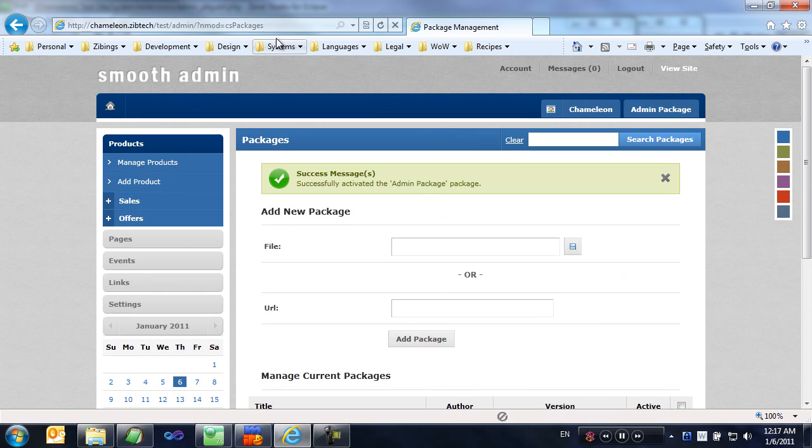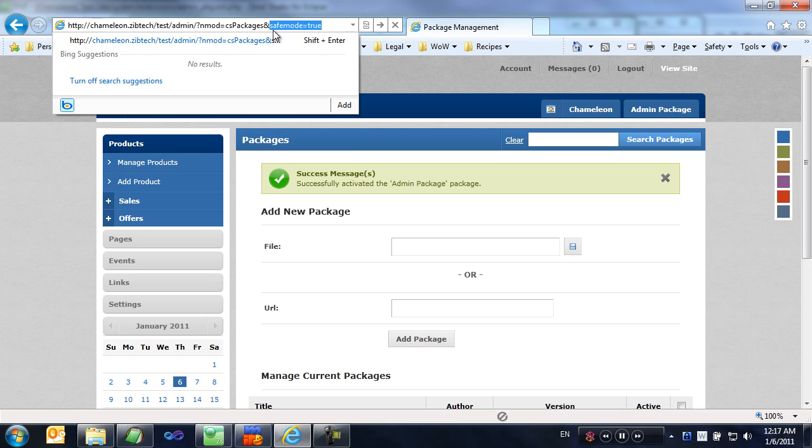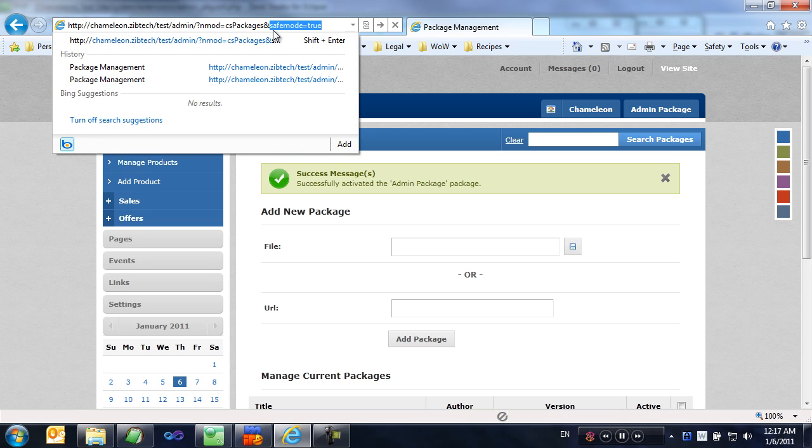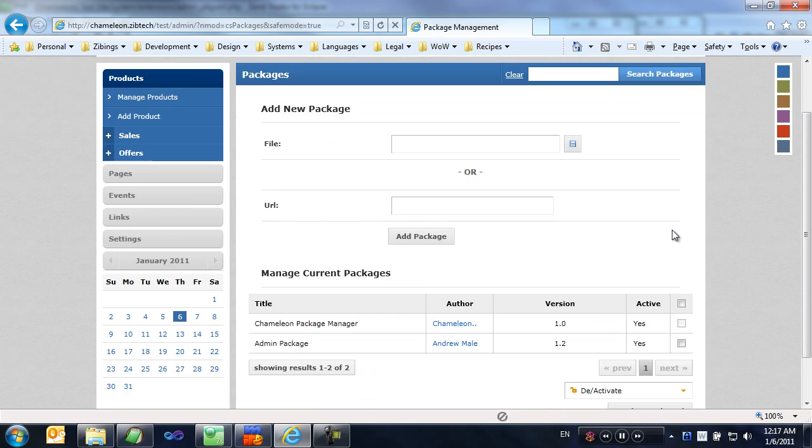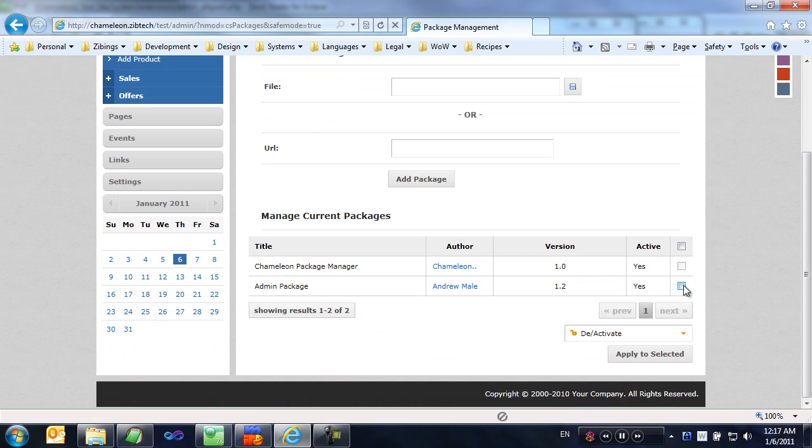And just as one little side note, if you should ever find yourself with a lot of errors or something, you'll see safe mode equals true just popped up. This is a very important tool. Come to this page, nmod equals cs packages and safe mode equals true. And you will notice that all of the package stuff has gone away, so you are free to disable things as you wish. Hope this has been a